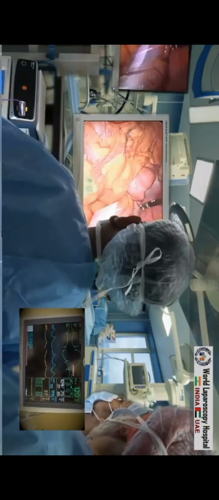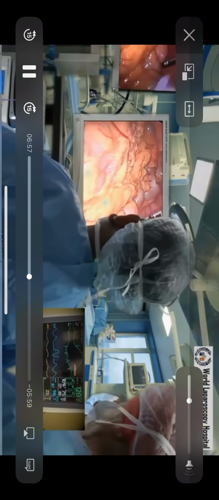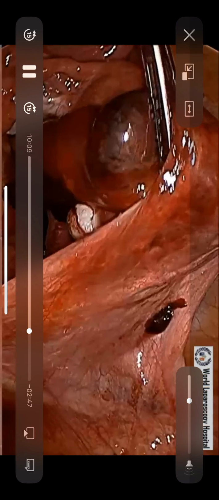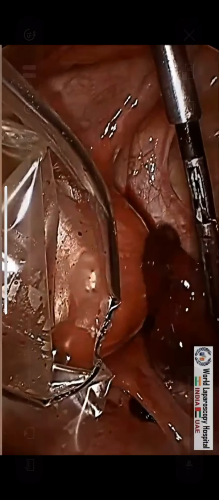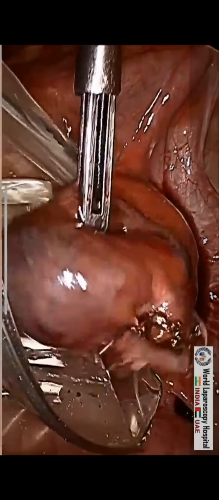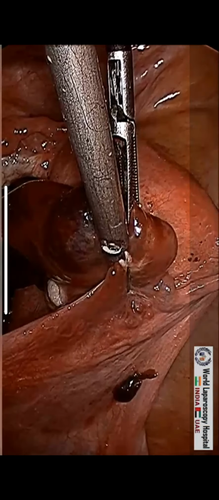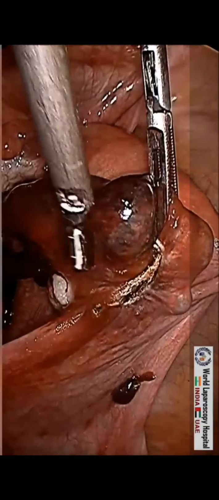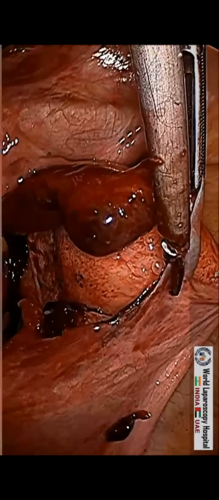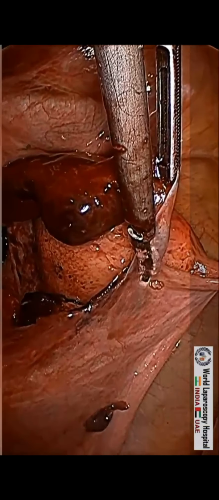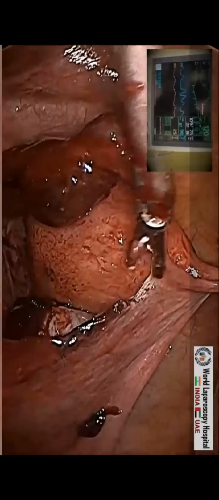All the high definition videos are available through the mobile app of the World Laparoscopy Hospital. Here is the trophoblast video together with the unruptured tube ectopic pregnancy. You can rewind it also, and simply move over the interface of the videos. Unlike YouTube videos, there is no ad, and it has a very high speed of keeping it as near HD as possible. Now you can see 4K resolution.